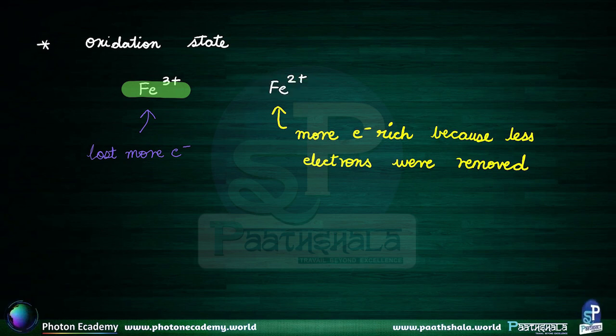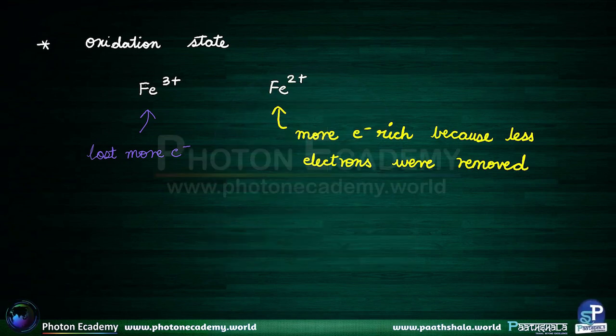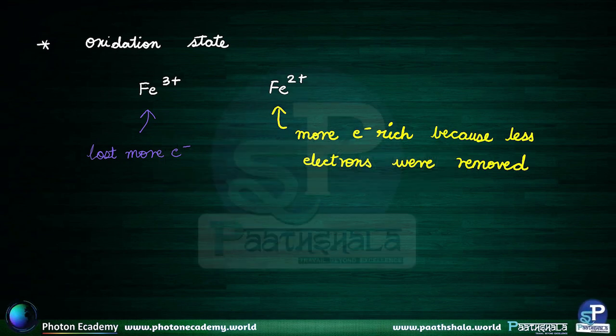So we can deduce that the minus I effect, which is the withdrawing of electron density, is more for that iron compound, that oxidation state, which is greater, because you can see that since this Fe3 plus has less electrons, it will want electrons more and more, and thus the minus I effect,